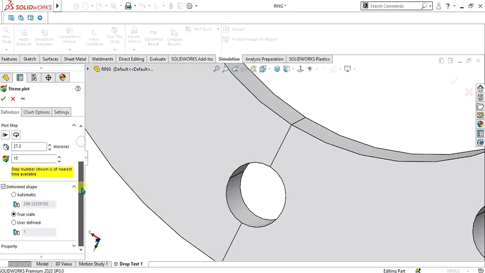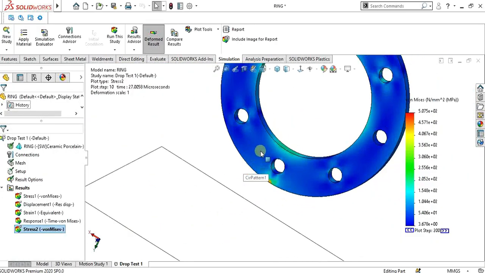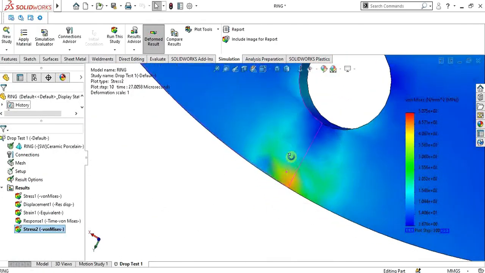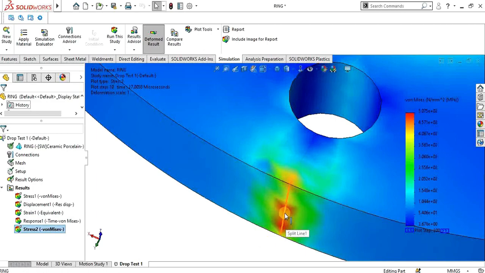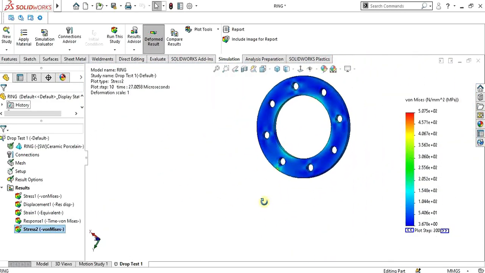Select OK and select from here. So you can see that it is showing the maximum von Mises stress at 27 microsecond.